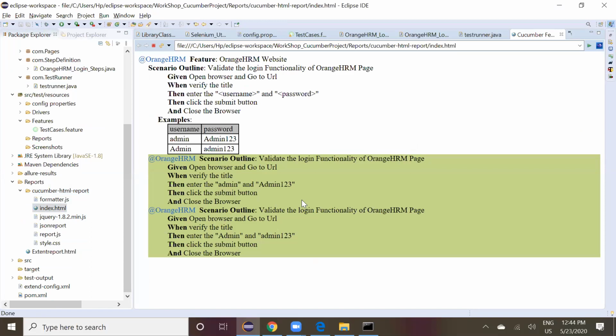Yes, we can. Okay, and you have the examples, right? Someone was asking about the examples, right? So you can see the admin, what are the iterations and what are the inputs you have given. First iteration you gave admin 1 2 3, and the second you gave admin 2. So this is a Cucumber report which is generated due to the dependency which you added in your Cucumber TestNG report, right? Through the dependency it generates this one, and the next one you go and click the extend report.